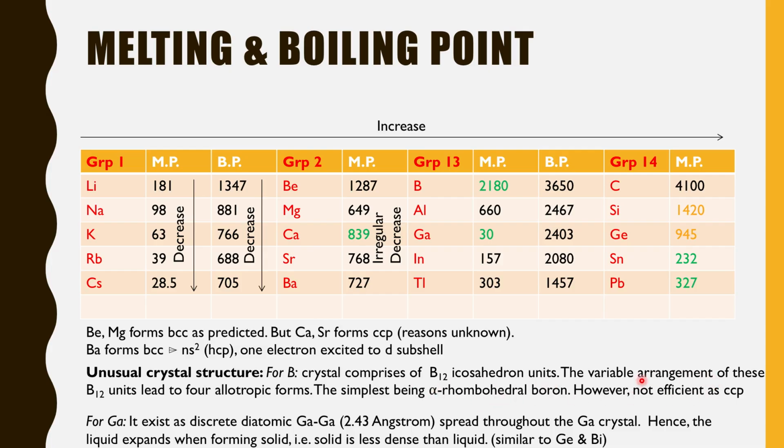And they are not as efficient as CCP, but still they are arranged in such a way that it gives a little bit more compact way of arrangement, which leads to an unusually high melting point in the case of boron. Now, when it comes to gallium, why there is this great reduction in the melting point is because in gallium,